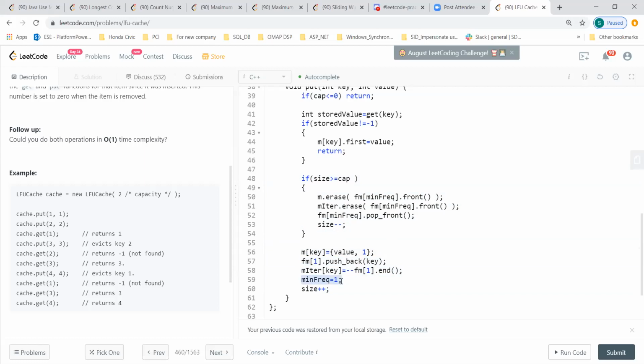So this is the way, I think Dilip also was saying. I think most of the time when you're putting it, the minimum frequency is always going to be 1, right? They have not specifically said anything about how to update if the minimum frequency is not 1, but I think the minimum frequency will always remain 1. Otherwise that element will not be in the hash map. Yeah, something like that. It's very difficult to digest, but I think it will be that case. And then you increment the size.